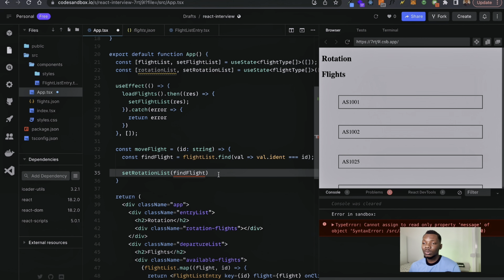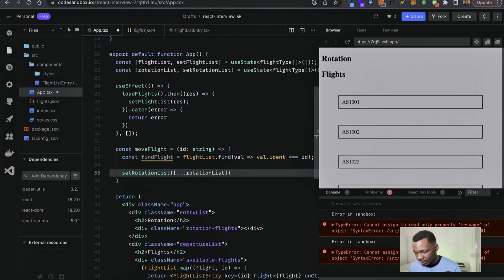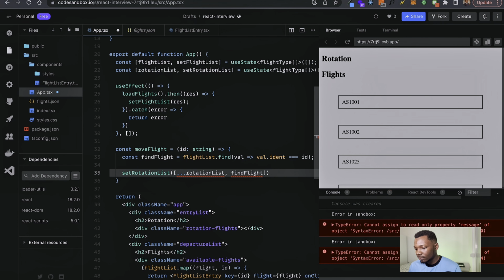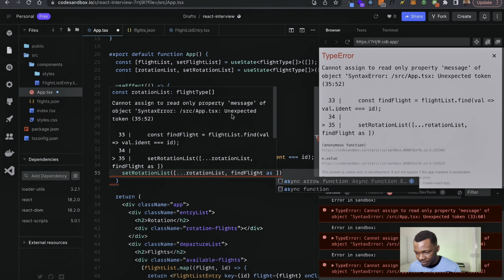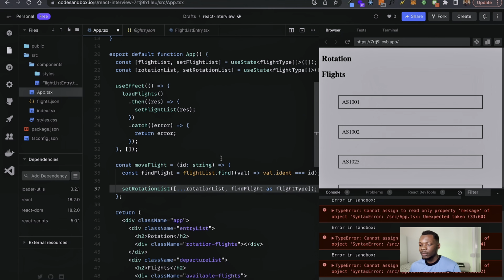If we do this, this is going to mutate the whole array and replace what is there with the new one. But that's not what we want to do. We want to just add this new one to it. So to do that, we are going to pass in an array. We are going to spread what is in it already, and we are going to pass in our own new flight. So let's pass in the type so TypeScript will stop yelling at us. The flight type. So when I save this,